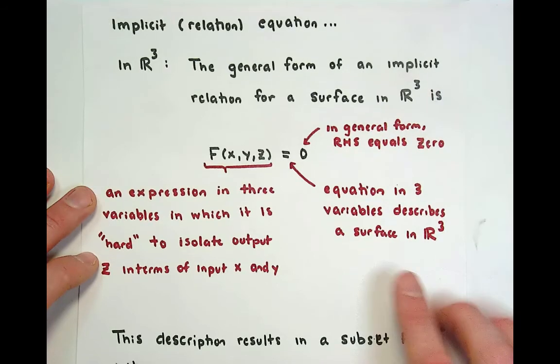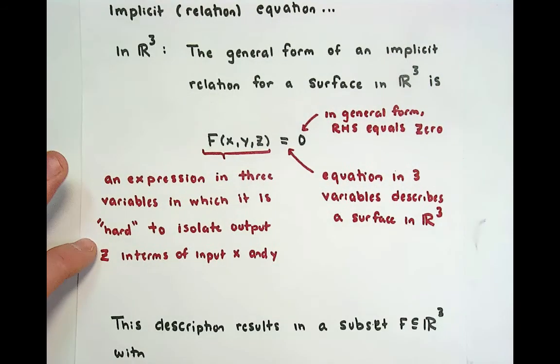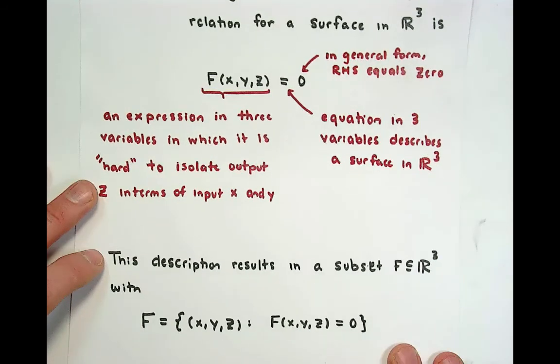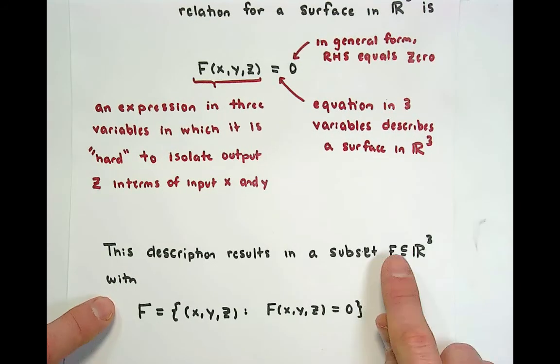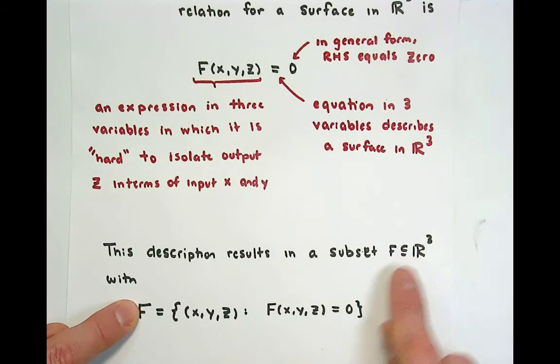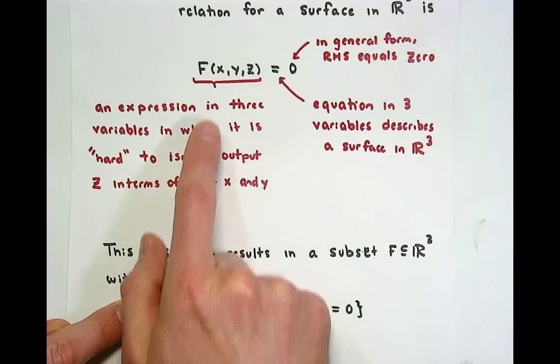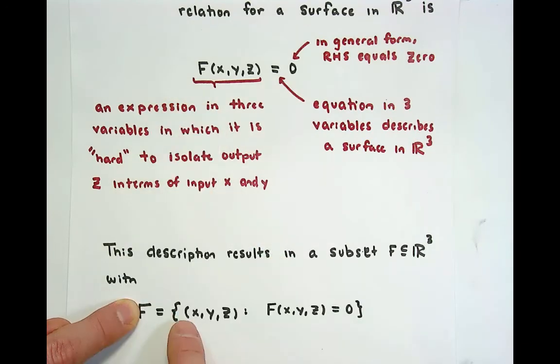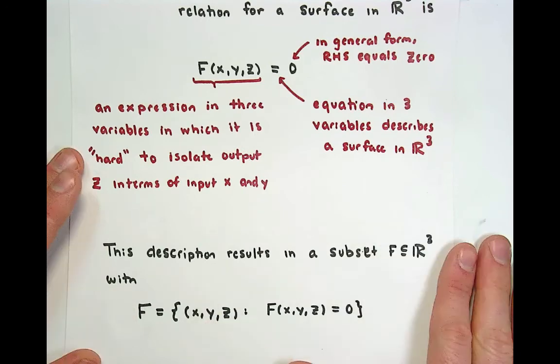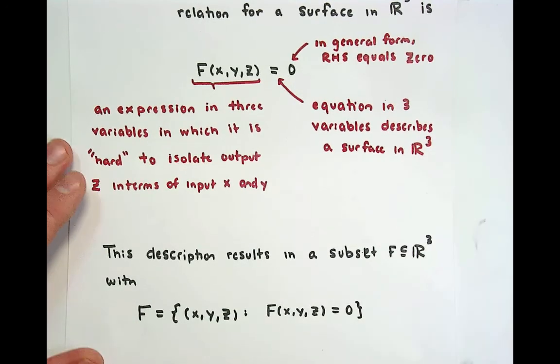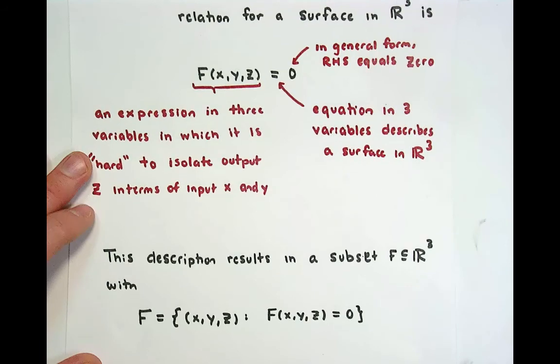Once we have this general form of an implicit relation, we can look at the corresponding subset in R3. Capital F, we'll give it the same name as this expression, and in this case it's going to be the set of all ordered triplets x comma y comma z that make this equation true. The graphs of these correspond with surfaces that don't necessarily pass the vertical line test, which is what we talked about. One last thing that I'm going to say,